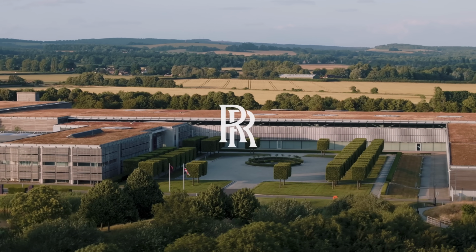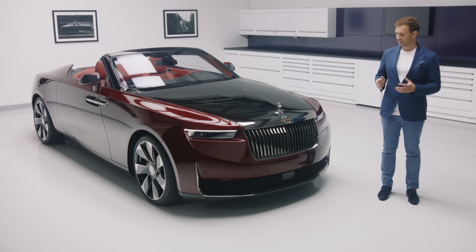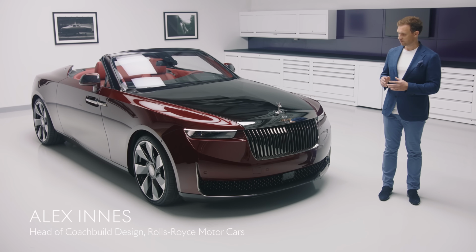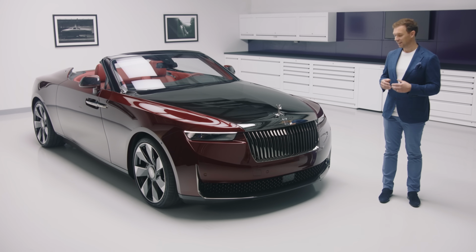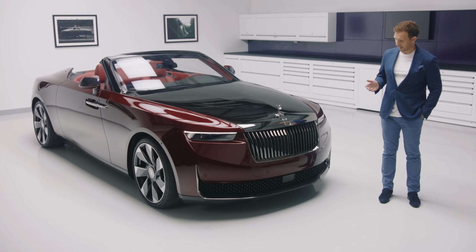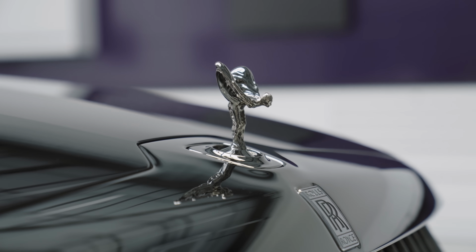Welcome to a very secret corner of Goodwood, the home of Rolls-Royce Motor Cars. It's here in our dedicated coach build facility that the first expression in the next chapter of our contemporary coach building movement was handcrafted. La Rose Noire Droptail represents a bold, daring and sophisticated personal expression inspired by the Black